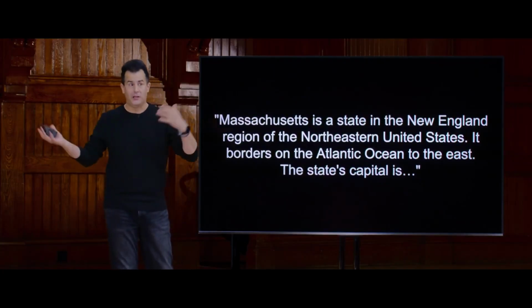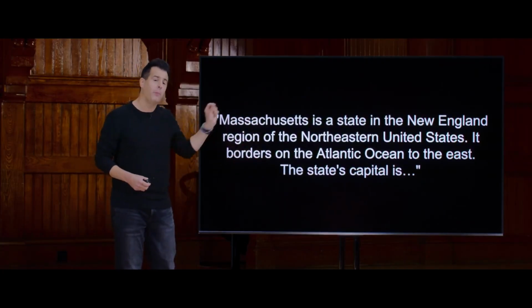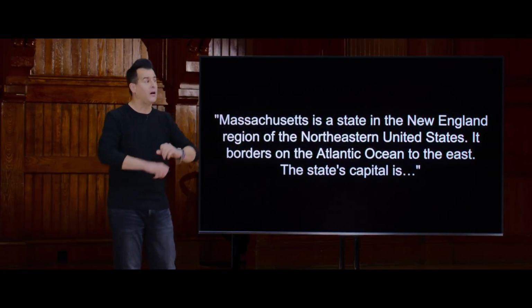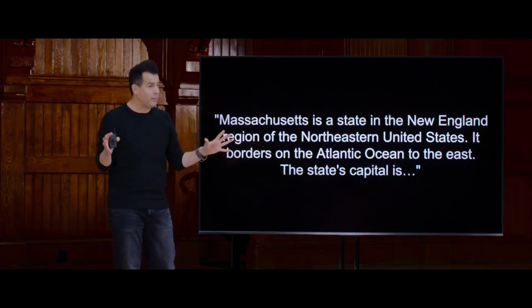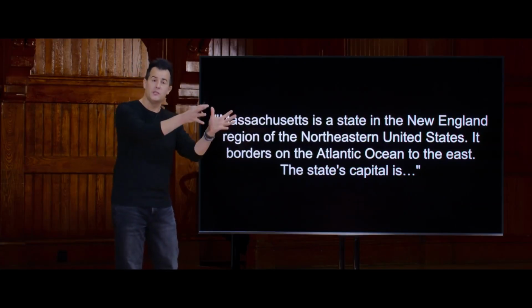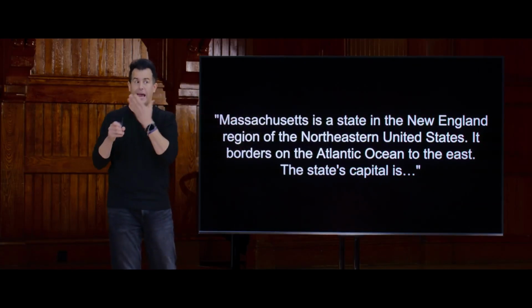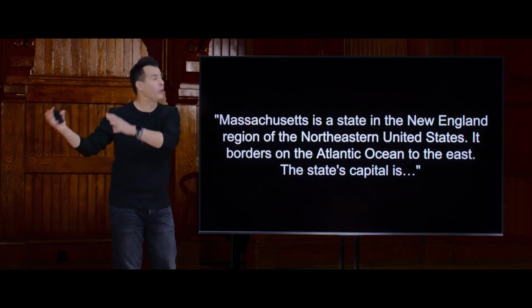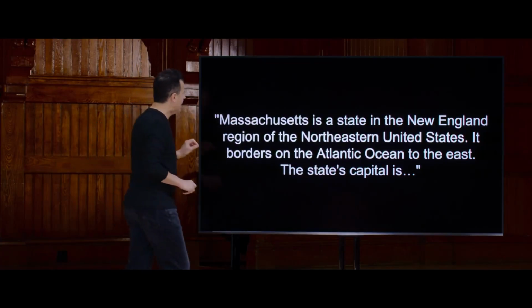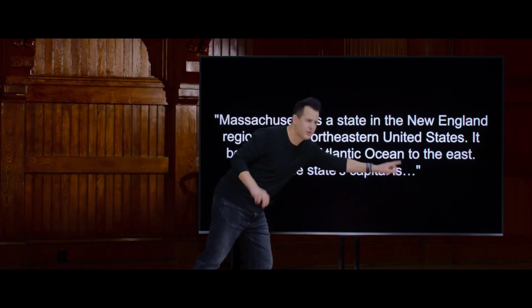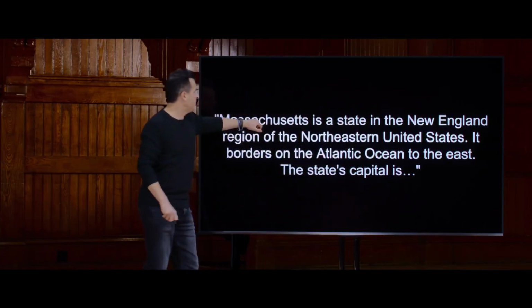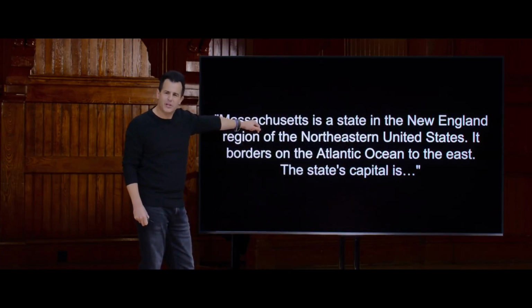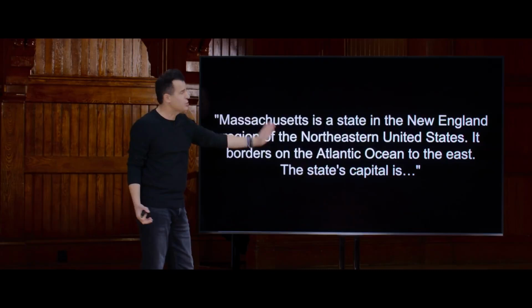Now, most anyone living in Massachusetts probably knows that answer. But if this AI has just been trained on lots and lots of data, there's probably a lot of people who say Massachusetts in part of a sentence and then the answer, which I won't say yet, is in the other part of the sentence. But in this example, given that the question we're asking is sort of so far from some of the useful keywords, up until recently, this was a hard problem to solve because there was so much distance.